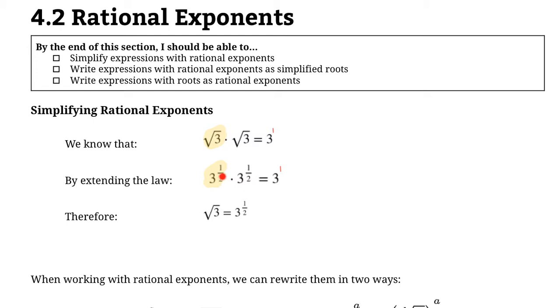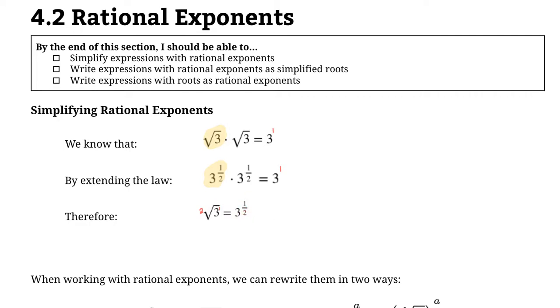The 2 in the denominator comes from the fact that this is a square root. Now, we don't write this 2 right out front in the square root because if you just see a root symbol, it'll automatically mean a square root. But we will need to write the number when it's a third root or a fourth root, anything other than a square. The 1 in the numerator comes from the exponent on the 3. So it's just a 3. We don't necessarily need to write that exponent on that 3, but this is in fact 3 to the power of 1. So when we have a radical like this, we can rewrite that with our base to the power